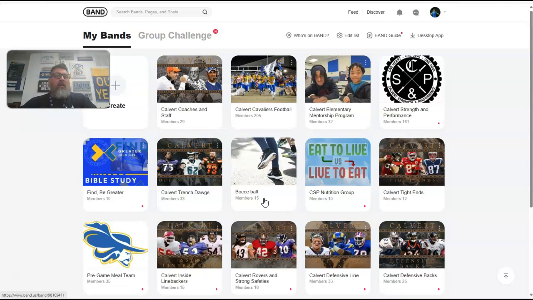I kept the RSVP option out just because I get a notification when they come through, and the kids sometimes pop it in, pop it out, and I didn't necessarily want to have confusion between the kids and the coaches trying to figure out who was in there and who wasn't. But trust me, it's not a problem for me at all.